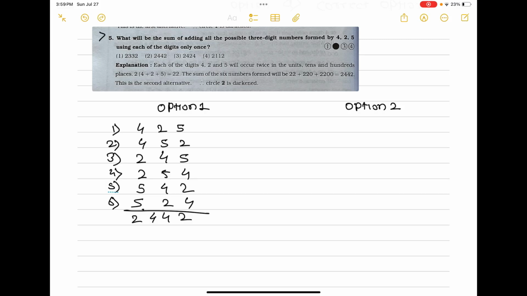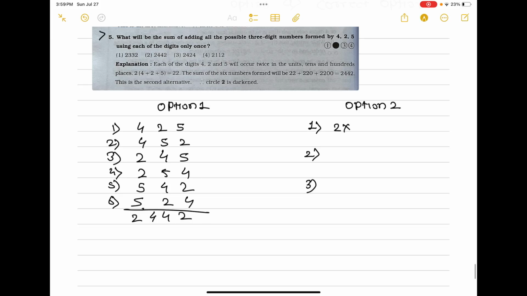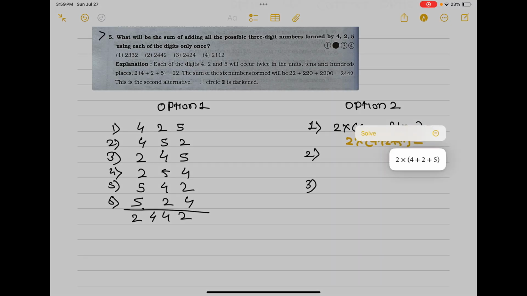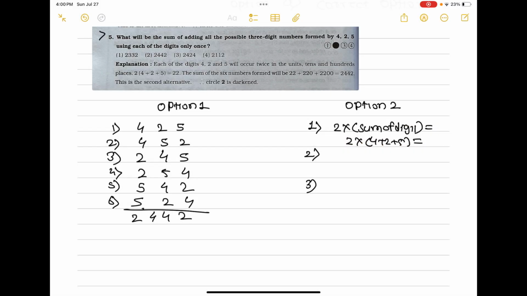Okay, the other option is this: there are 3 digits, right? 4, 2, 5. First digit, second digit, third digit. In each place, 2 into the sum of the digits, equal to 2 into (4 plus 2 plus 5). 4 plus 2 is 6, 6 plus 5 is 11, 2 into 11 is 22. Then 10 into 22 equals 220, then 100 into 22 is